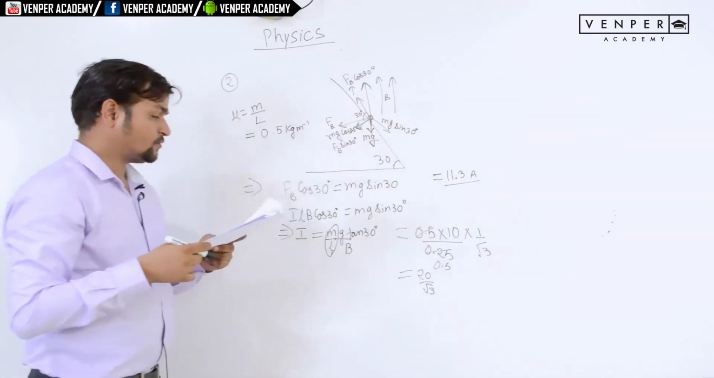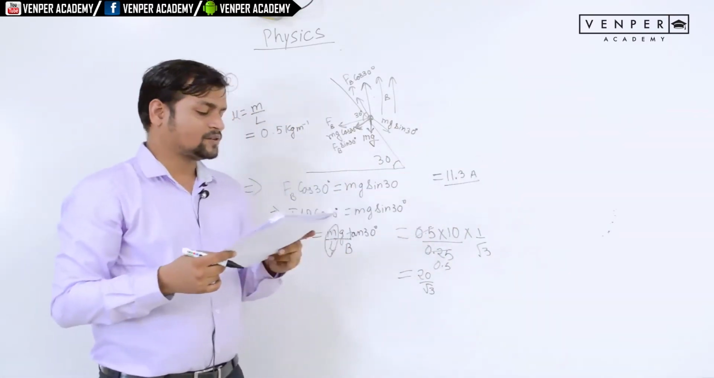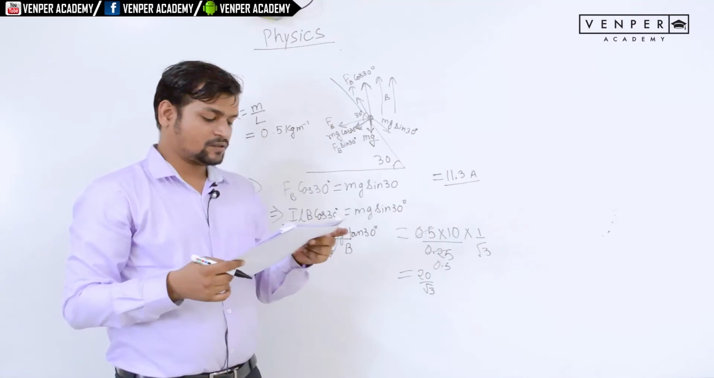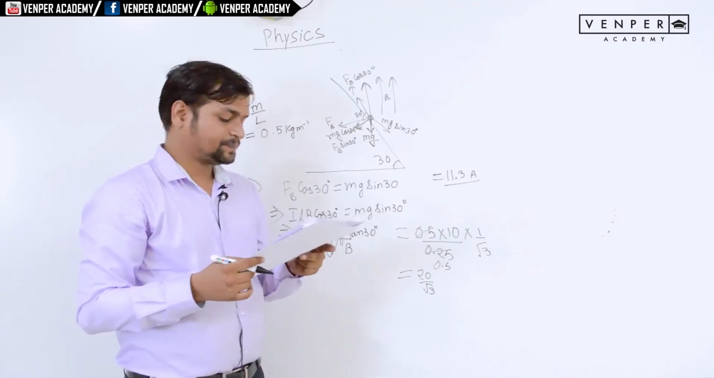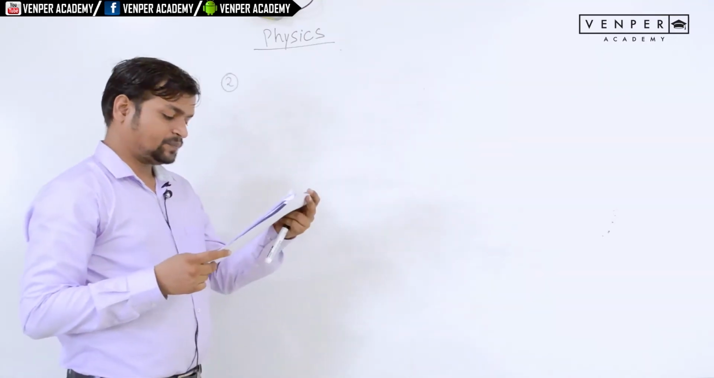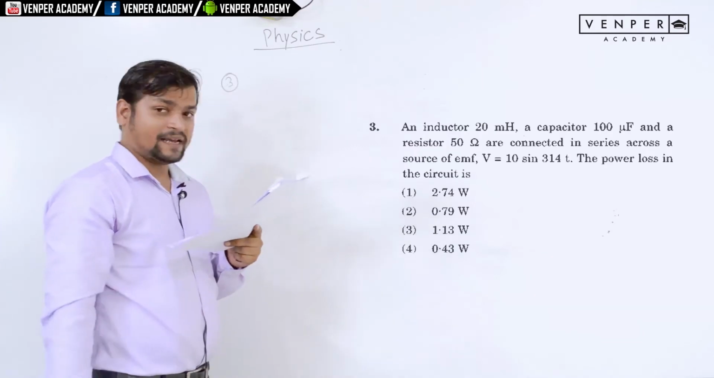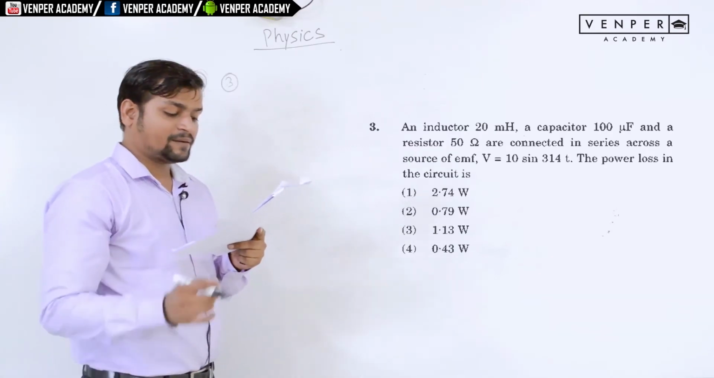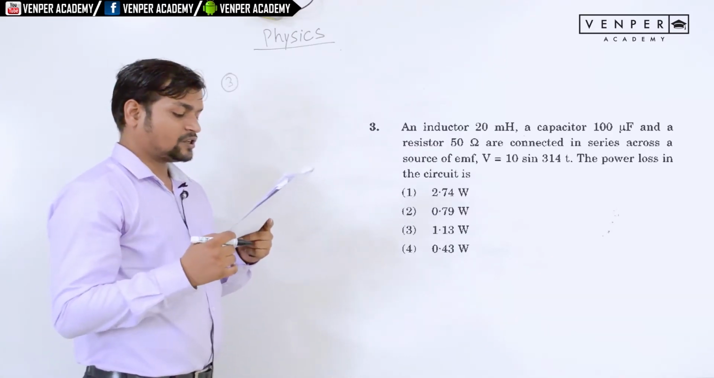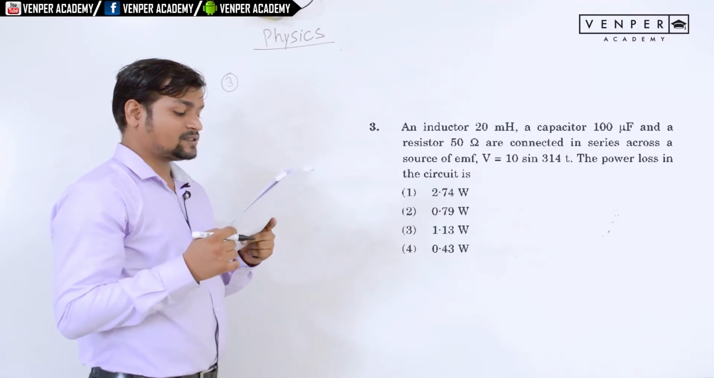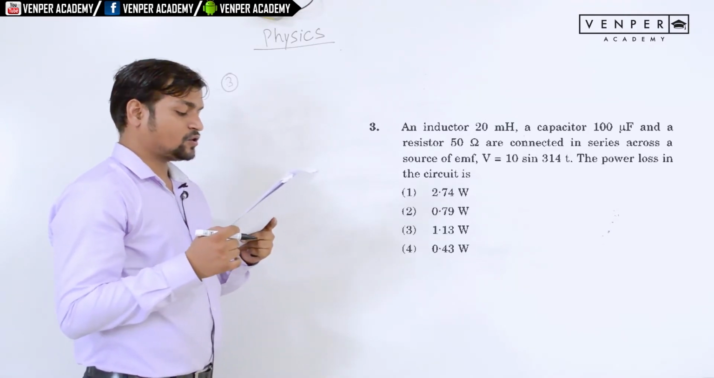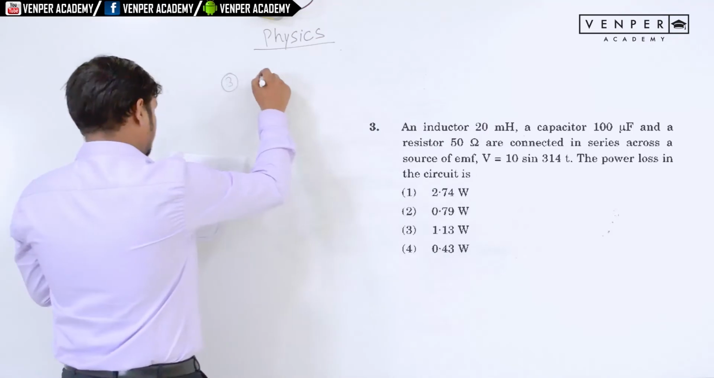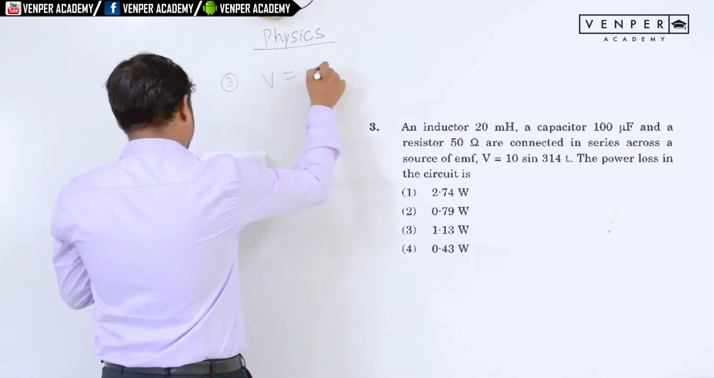Clear? So you will get 11.32 ampere, which is the answer for the second question, and this is your third option. Next is the third question. An inductor of 20 millihenry, a capacitor of 100 microfarad and a resistor of 50 ohm are connected in series across a source of EMF. V is given as 10 sin